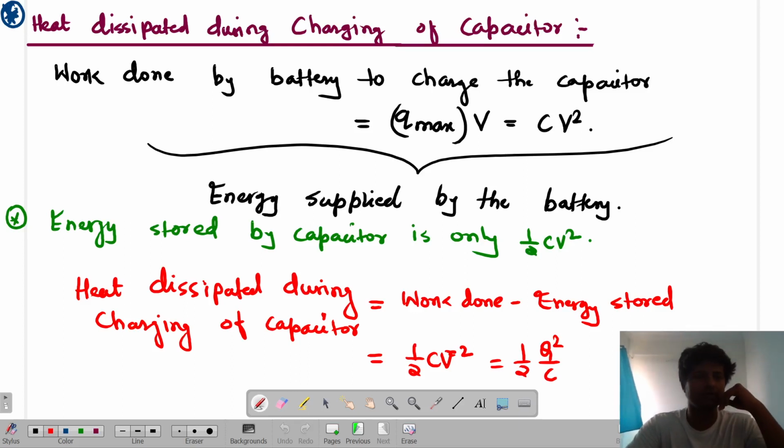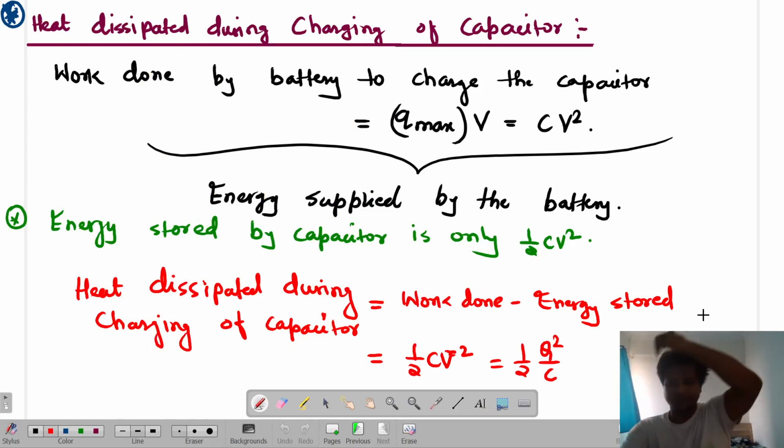Okay, so we completed till over here, isn't it? Like how much is the heat dissipated during the charging of capacitor? We told that when we charge a capacitor, only 50% of